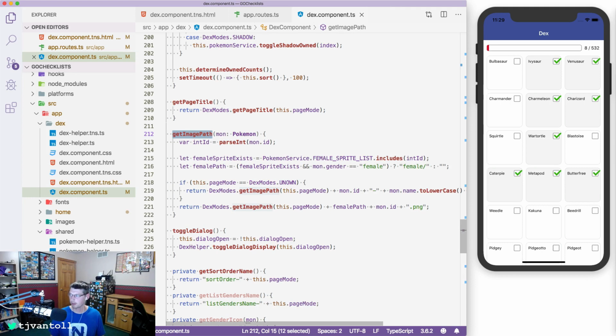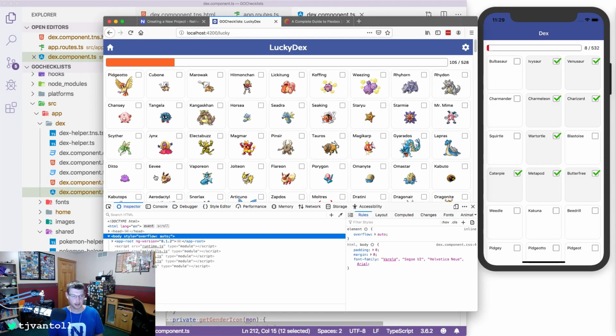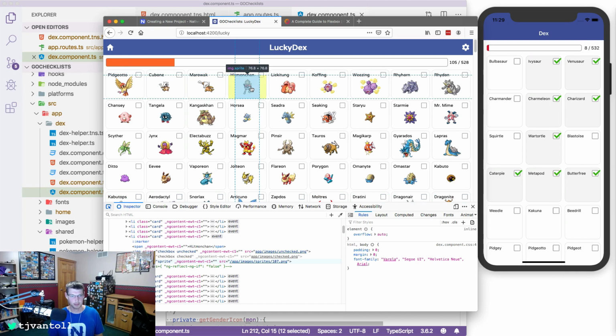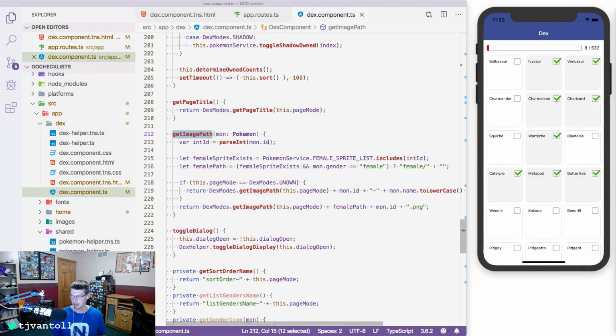So on the web, if I bring back over my browser here, the path to my image, if I just inspect one of these things at random, is just going to be like /app/images, the path, and .png. And in NativeScript, I might have to bring up the documentation to get it exactly, but